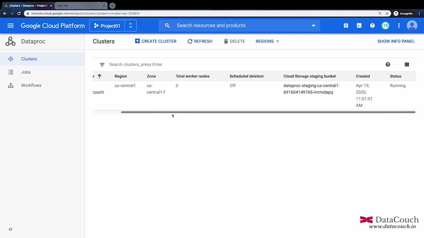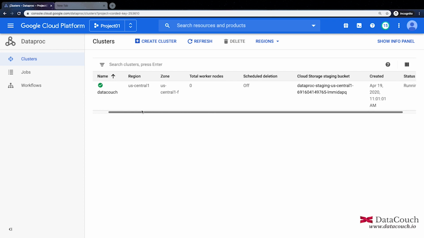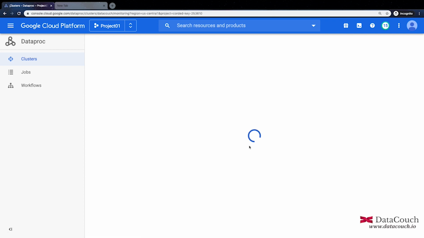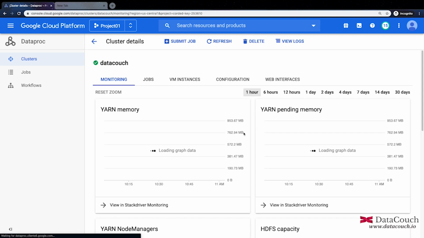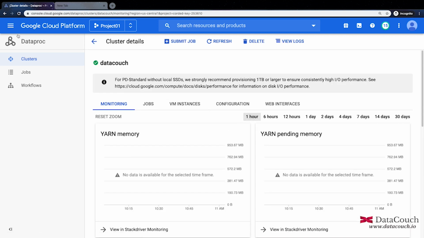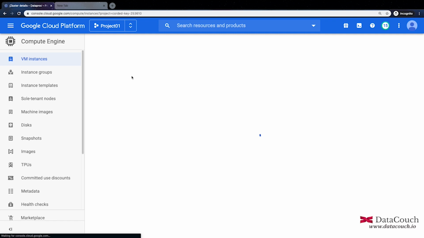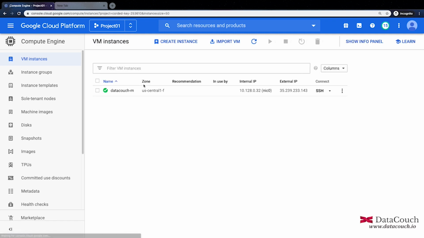So now the cluster is up and the status is running. You can see now we can just go inside the cluster and we will do SSH on this cluster. Before we do SSH, I just wanted to show you that when we create this Dataproc cluster, in the Compute Engine VM instances, if you go, you will find that the machine is already created, and this machine is the master machine. There is only one machine. If you are creating a multi-node cluster, then you will get multiple machines here. We are getting only one machine here because there is only a one node cluster.